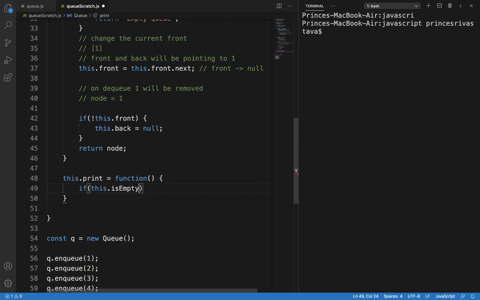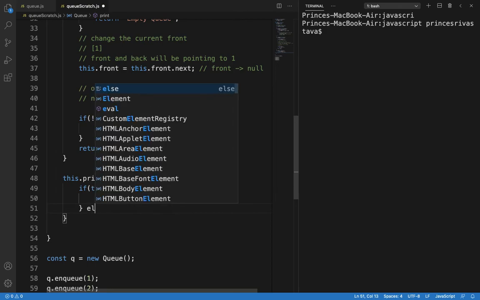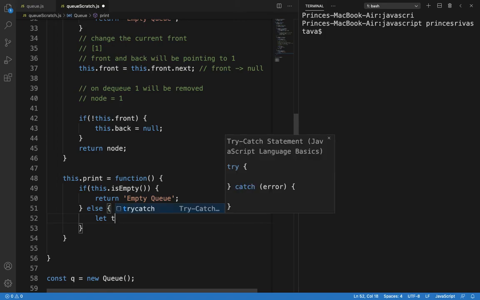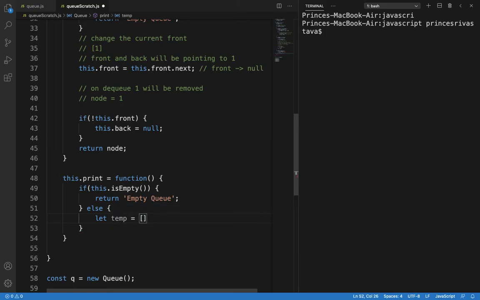So if this dot is empty, then return empty queue. If the queue is not empty, then we will have to print the queue. Let us create an array, which will hold all the elements of our queue.